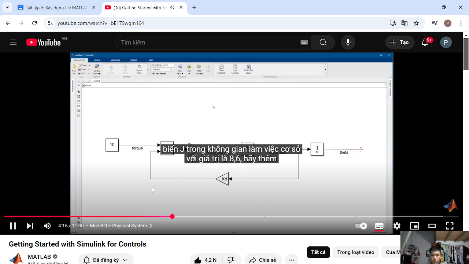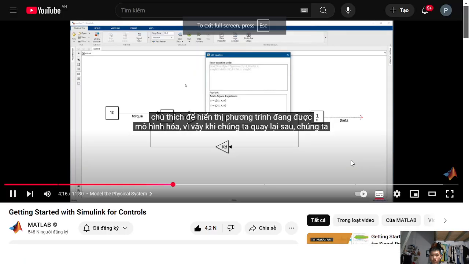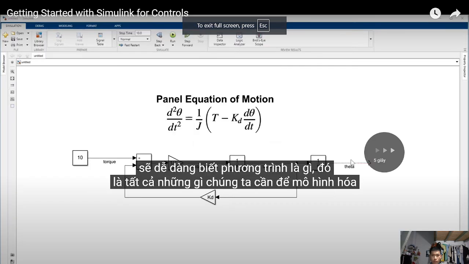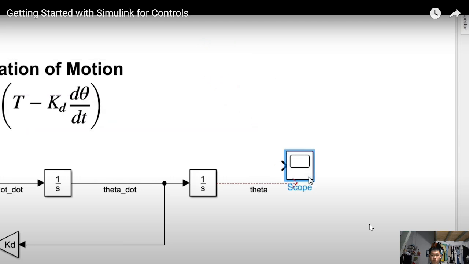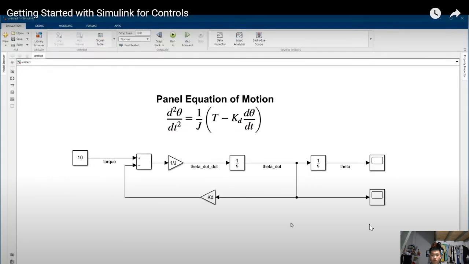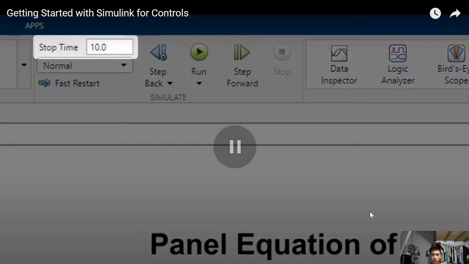Let's add an annotation to show the equation being modeled. So that should be all we need to model the panel, but to check if everything is working correctly, we'll want to visualize some signals. Simulink has a bunch of blocks for that, and we connect one to the signal we want to view. We're ready to simulate the model. We can